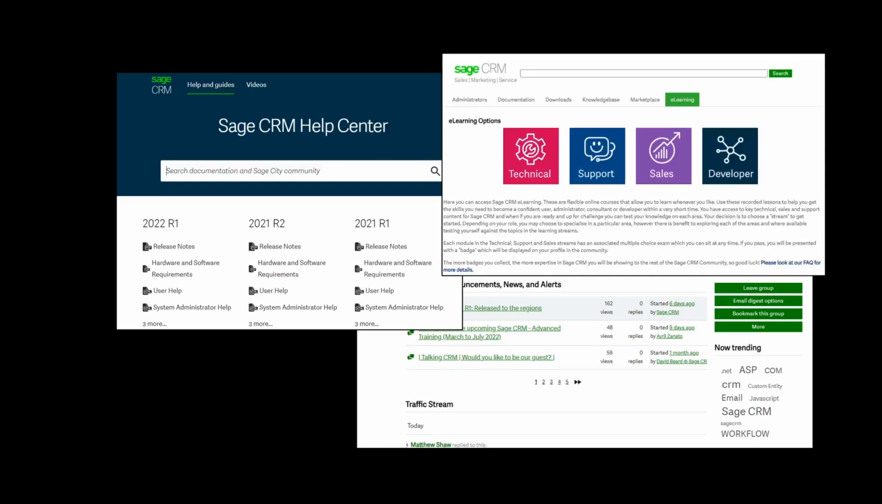Similarly, if you're learning or wishing to train yourself or others in the way Sage CRM works, Sage CRM itself, the headquarters based in Dublin, provides free training for a number of different audiences. We help technical, support, sales, and development audiences understand the inner workings of the product. For example, technical training helps you understand the way servers are installed, the way that the infrastructure of the product is designed, and how it reaches out to other systems, how it works in browsers, how it interacts with databases,